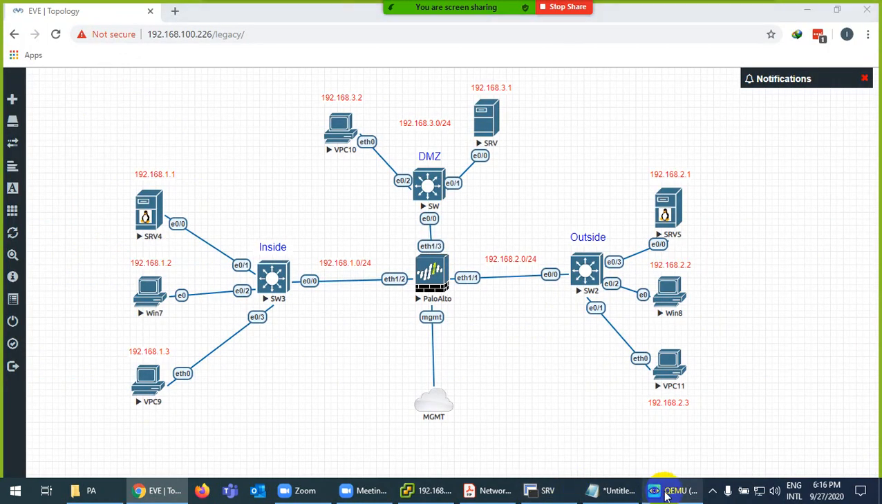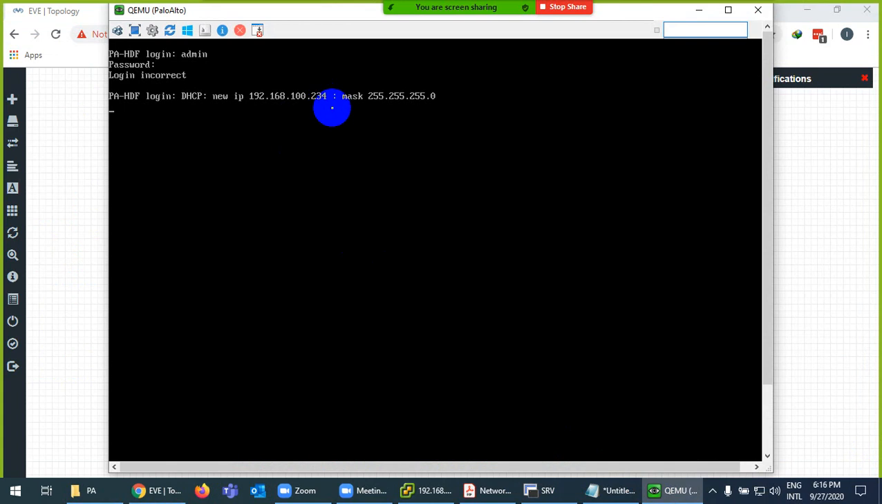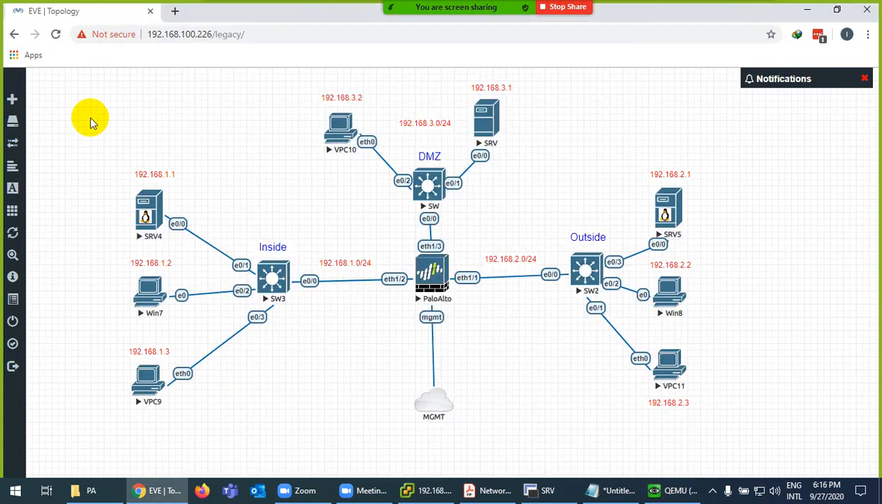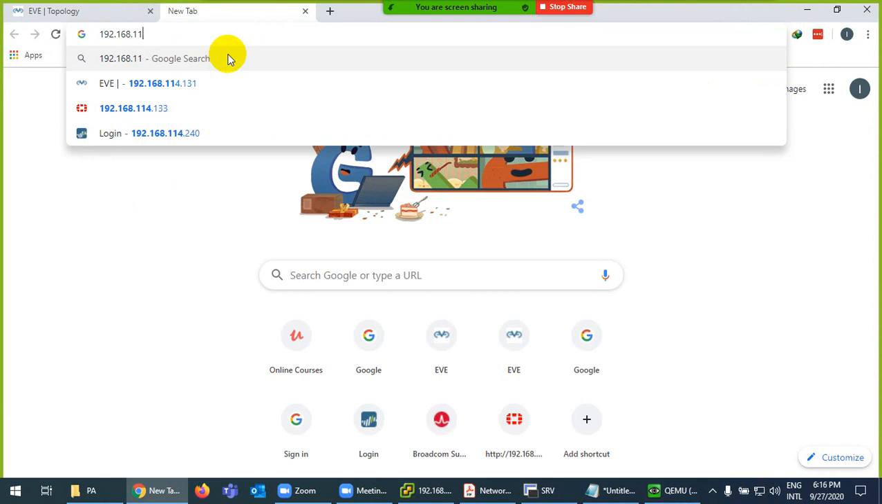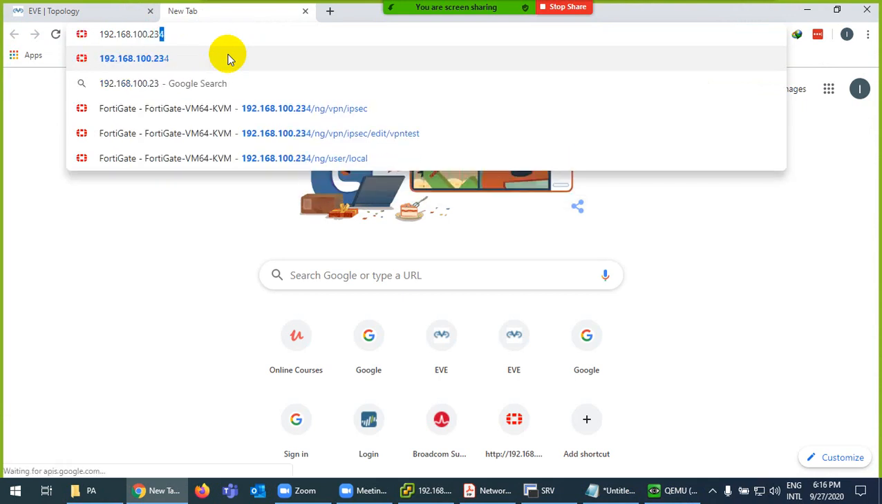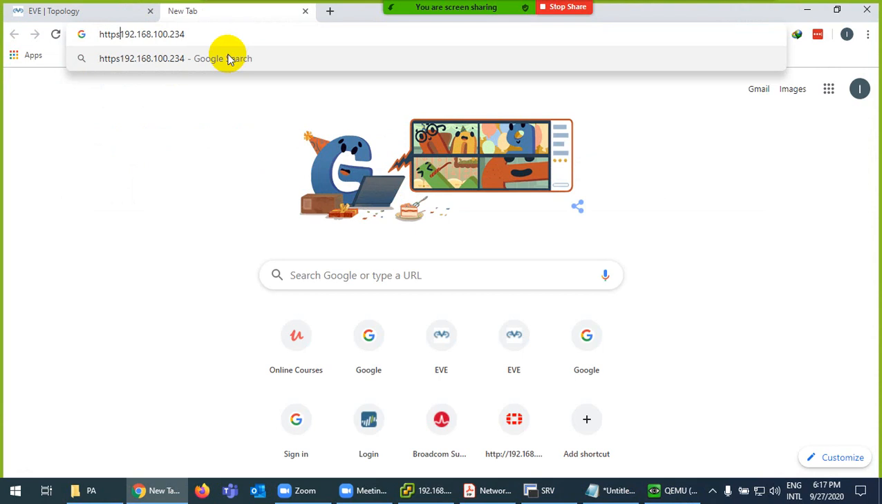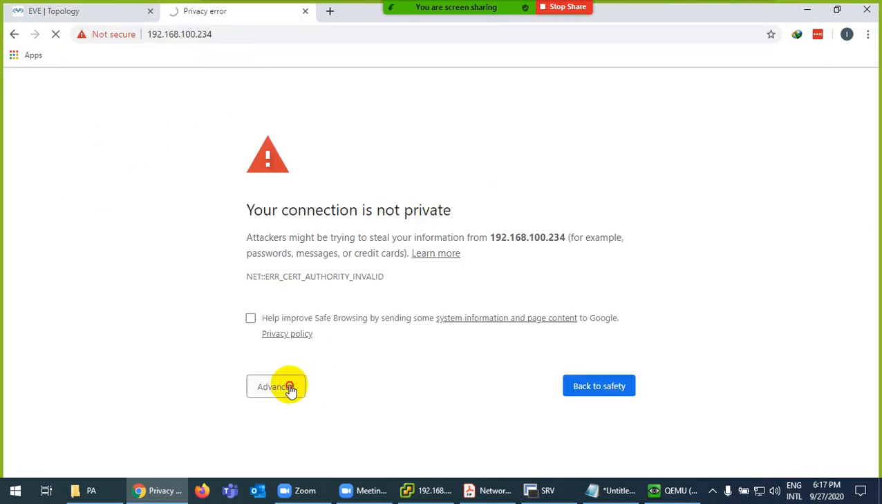Okay, it got an IP now. So 100.234. Let me type the firewall IP 100.234, and it should be HTTPS. Okay, advanced, proceed, and